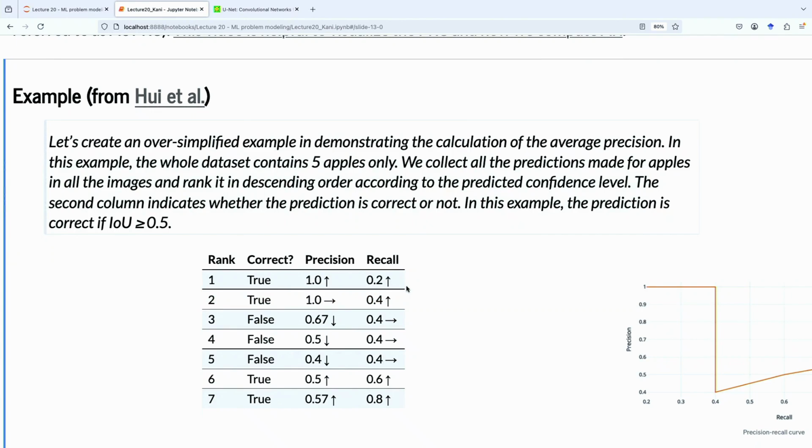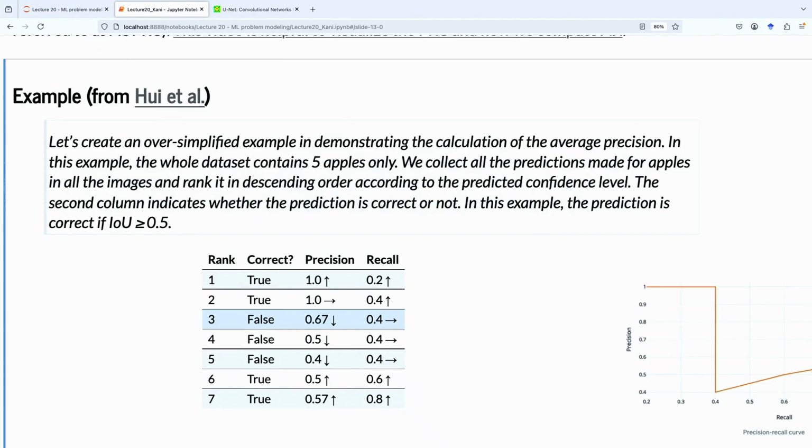And then, for instance, the third bounding box we get, the model is very confident in, not as confident as in 1 or 2, but it's still very confident in this bounding box. But it turns out this bounding box doesn't overlap with a ground truth bounding box, at least not by enough. Well, then our precision goes down because that counts as a false positive. And our recall stays the same because while we retrieved another bounding box, it wasn't a true bounding box. So again, recall is simply a measure of the number of ground truths we have retrieved over the total number of ground truths.